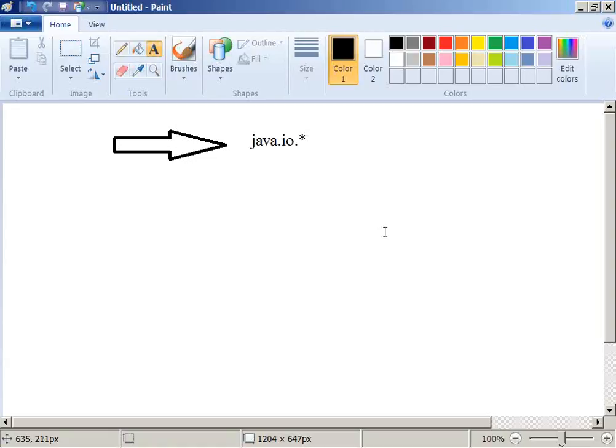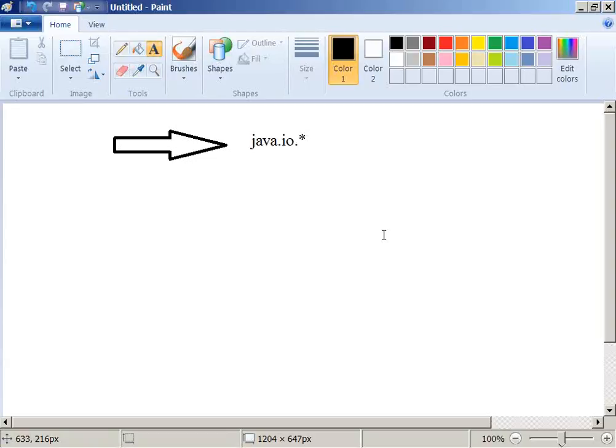If I want to take the data from a file, if I want to write the data to a file, if I want to take the data from a temporary memory buffer, if I want to write the data to a buffer, if I want to read the data from an object, if I want to write the data to an object, right? So like this, for each and every source and destination, there are some classes given for us,